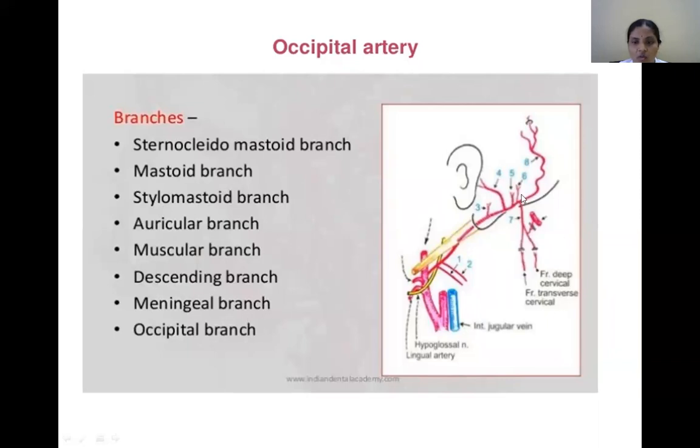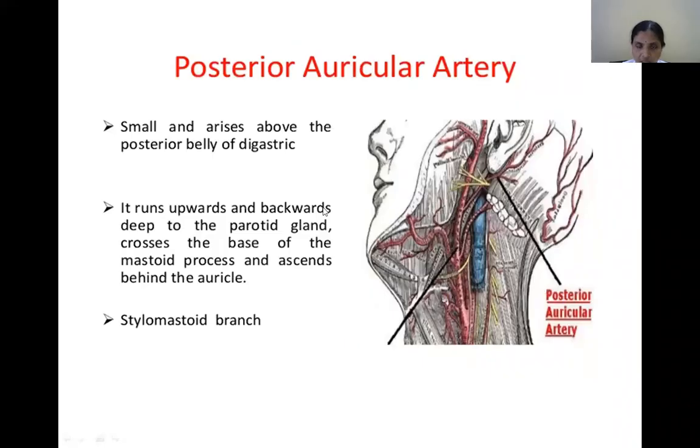Meningeal branches also. Through the condylar canal, it passes through that foramen or canal, enters into the cranial cavity, and supplies the posterior part of the dura. Then the occipital branch supplies the maximum posterior aspect of the scalp. Then the last branch is the posterior auricular artery. Here you see, just below the ear, just before termination, the external carotid artery enters into the substance of the gland. So just before that, it provides this branch.